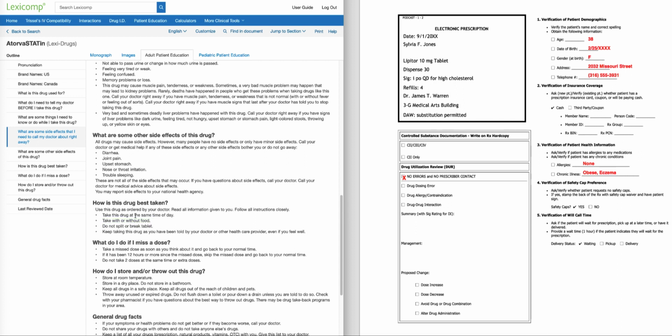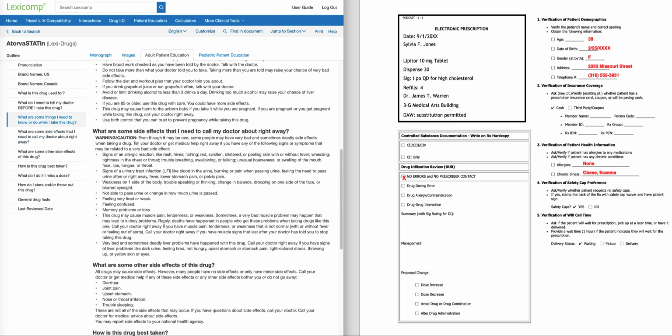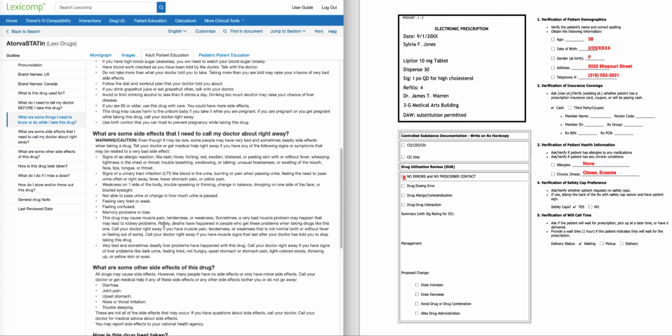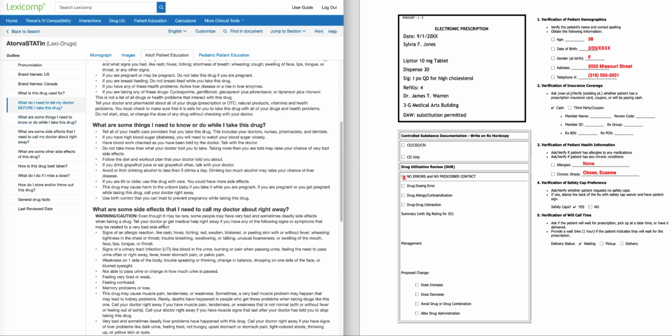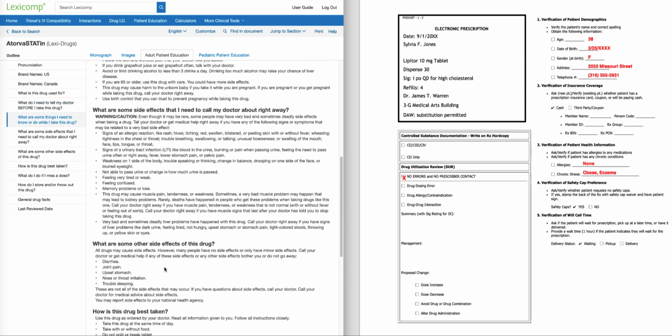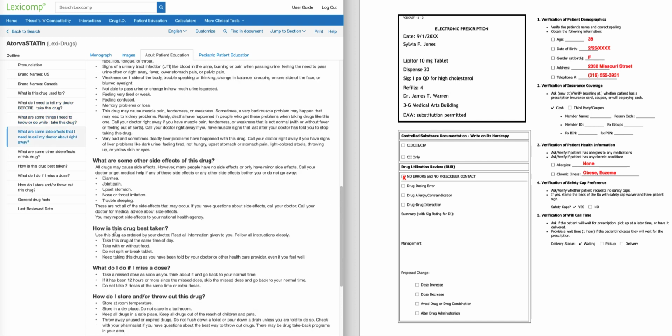Okay. This is also where it would probably indicate to not crush or chew. Looking through this information, I can tell it's not an extended release tablet, so that's not something that I need to worry about. Okay, now, between looking at this section about how this drug is best taken, let's look down here